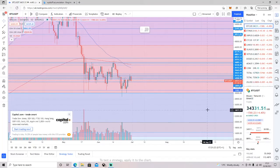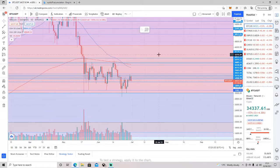For us, I've still got another 7 hours, 38 minutes on this day, so we could see a bit of a pushback. Also, I'd like to see us test this level of resistance here as support at 33,880. And again, as I said with the Wyckoff accumulation, I want to see us get above this zone here. Not only would that be bullish because we're up towards that 42,000, yes, we've got some highs over here, we'd also reclaim these moving averages. If we can get some volume come through and push up to those sort of levels,